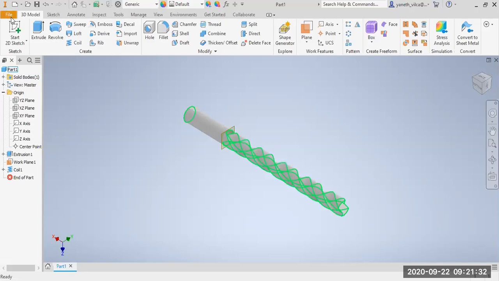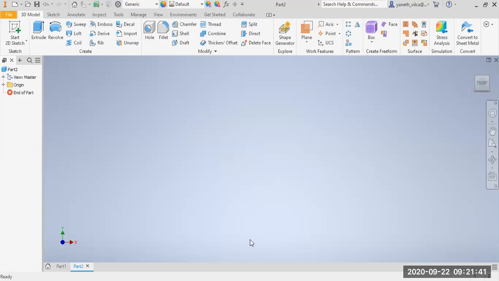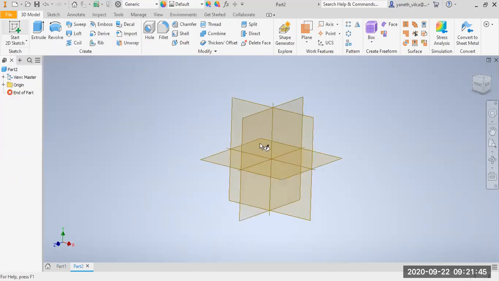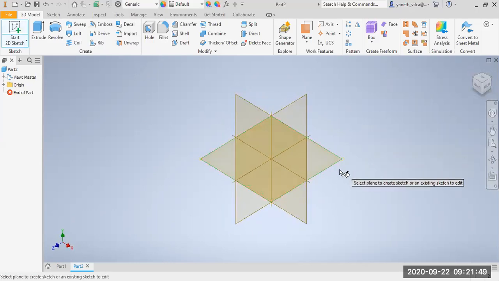Choose file, click on file, click on new, metric standard, and let's create another project. Click on start sketch on top, click on view, home, and now let's click. We can work in the same sketch. I'm gonna work in which one? Let me choose another one. We can work here,